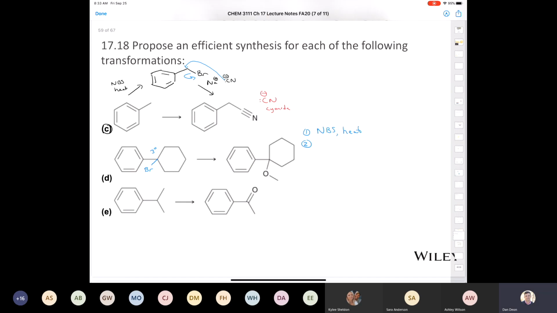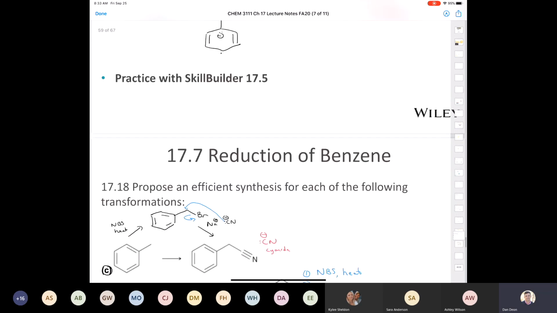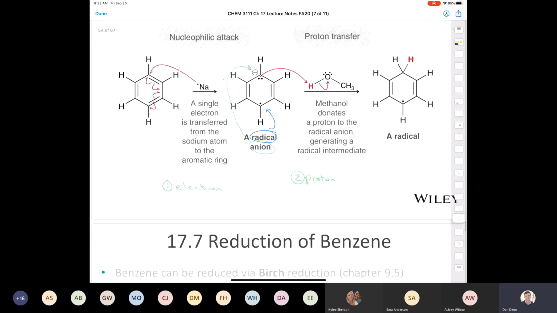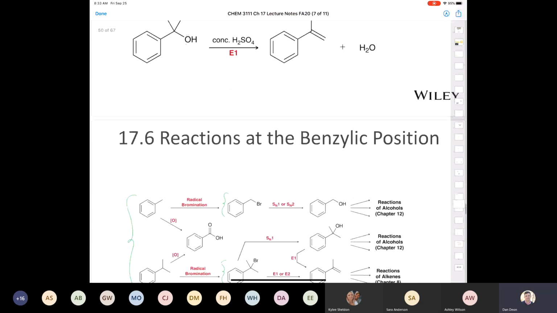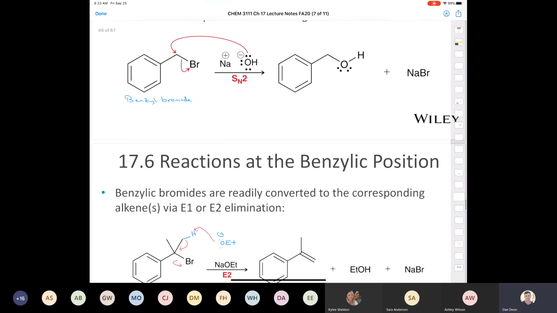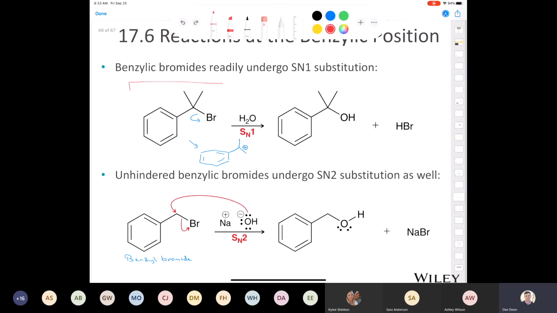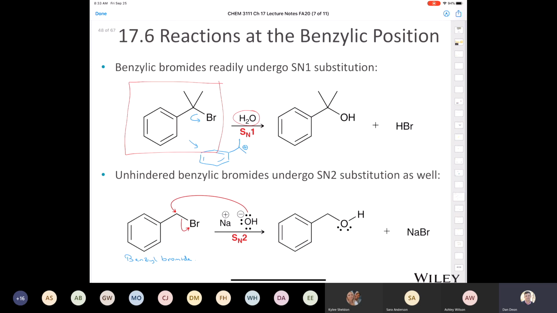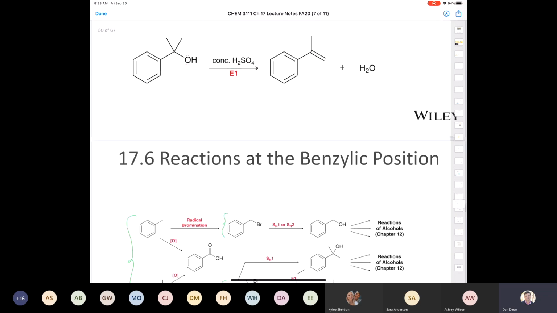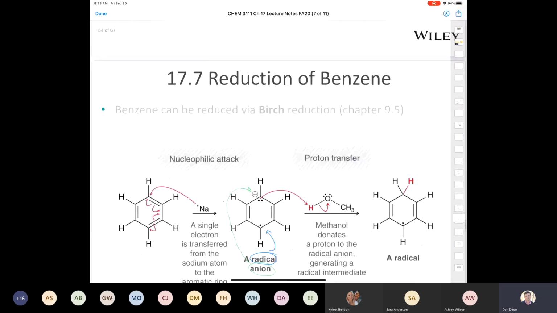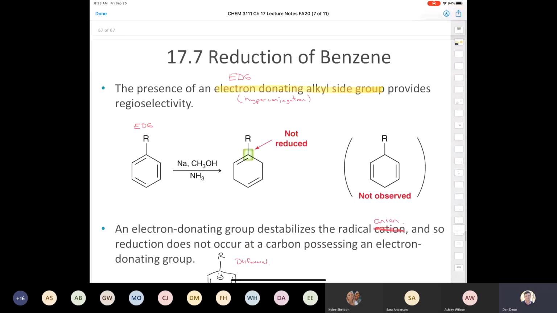Somebody else says methanol. Let's back up in our slides here. We got time. I'm going to back it up. Where was it? Right here. Okay, if we take a tertiary benzylic bromide and we treat it with a polar protic solvent, we can do an SN1. So instead of water being our solvent, if we have methanol as our solvent,